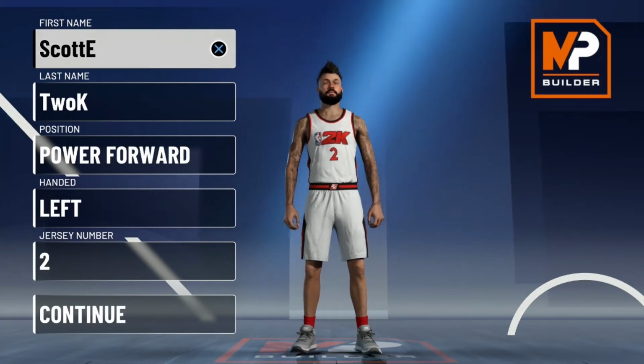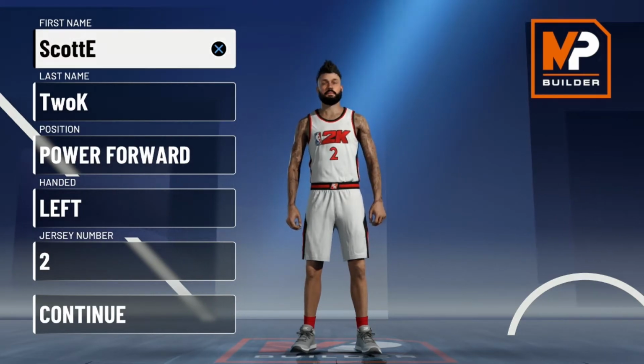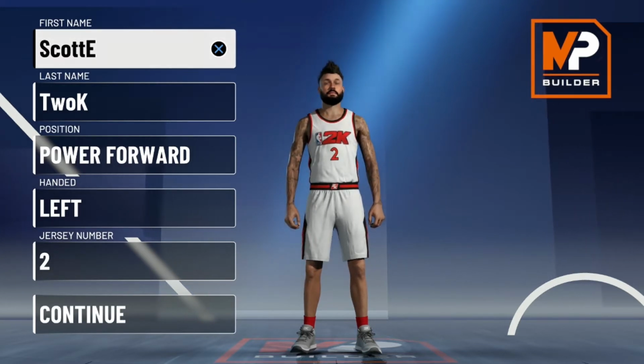Now, this build is lights out if you're having trouble shooting in 2K21 current gen, or if you just are looking for a fun build to play with, definitely try this one out. You're going to be shooting greens non-stop. You get 30 shooting badges, and I'm going to jump into my particular build because there's a few things you guys can think about when making this build, and it's just an all-around amazing shooter,